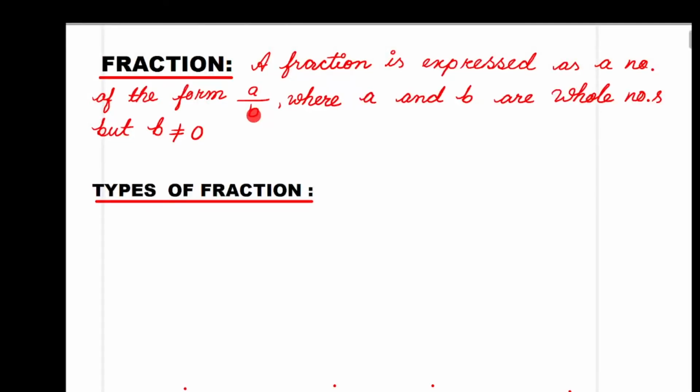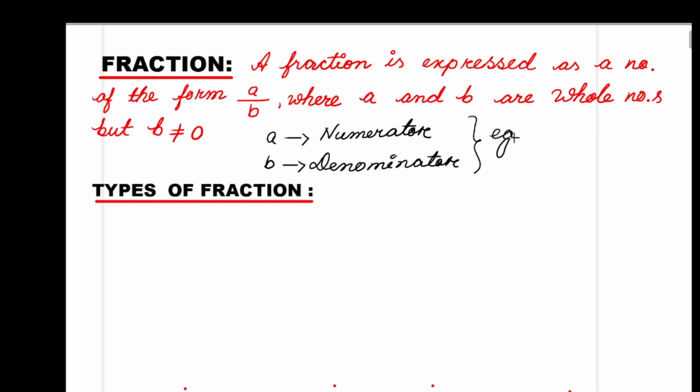So one more thing is that here A is called the numerator and B is called the denominator. And when we take one example of a fraction, suppose 5/7. Depending on numerator and denominator,